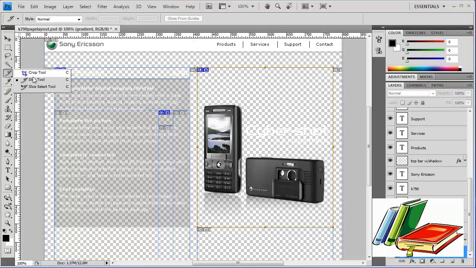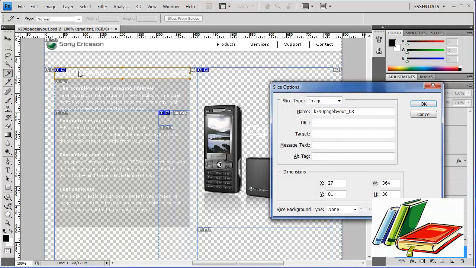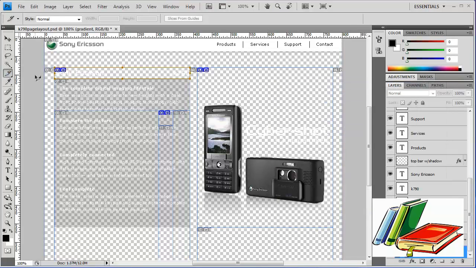I'm now going to switch to my slice select tool. And by the way, if you hold down your control key, you can change it to the slice select tool at any time as well. So that works nicely. So you can see I just held down control and it switches. Okay, so I'm just going to switch it permanently because I don't need to